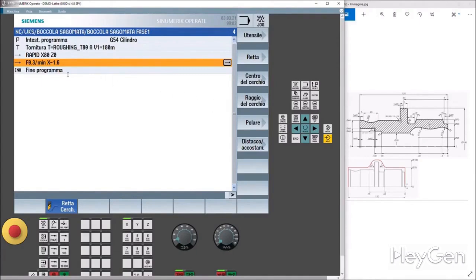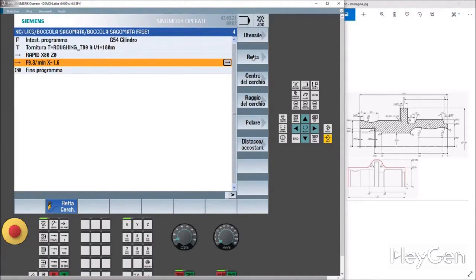So what do you need to do? The ideal would be to put the machine into geometry, if you can't put the machine into geometry, you divide this line into 2 lines, one that goes to X20 at F0.3, and one that goes to X1.6 at F0.1, so that a very low F will ensure that in the end, when the tool starts to work poorly, the chamfer will break off. It's not a good piece of advice to give, but in workshops it often happens. Haste leads to doing this and not restoring the machine geometries.